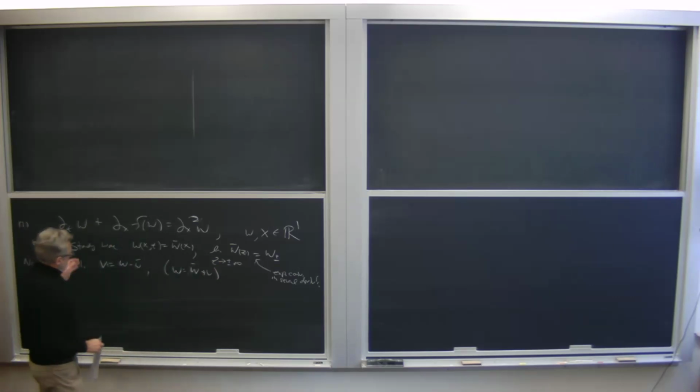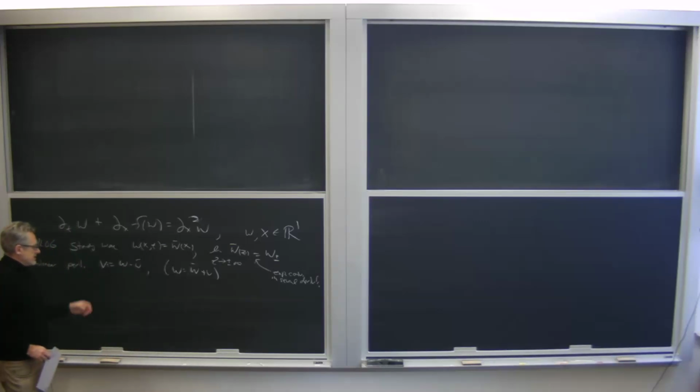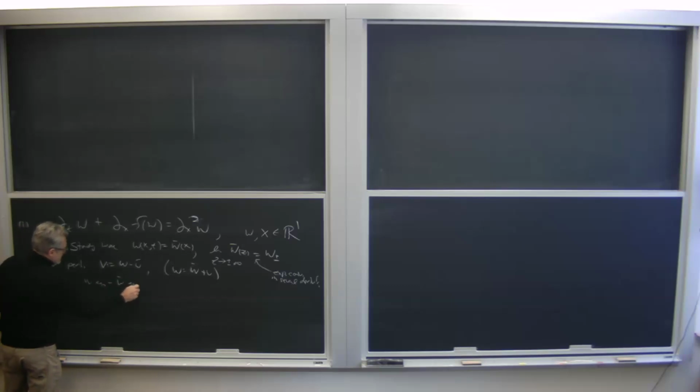And we'd like to show this perturbation goes to zero or is bounded, some kind of stability. Okay, so let's subtract. Both solutions satisfy the same differential equation. So if we subtract the W equation minus the W bar equation,